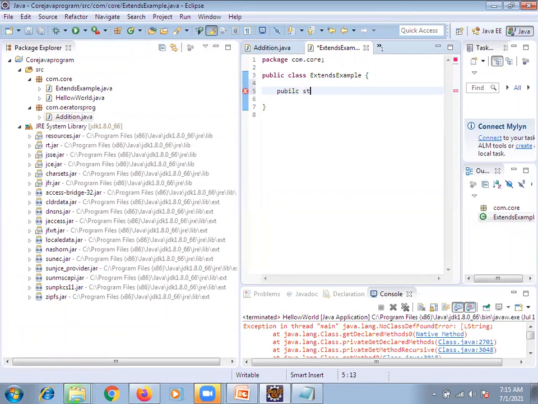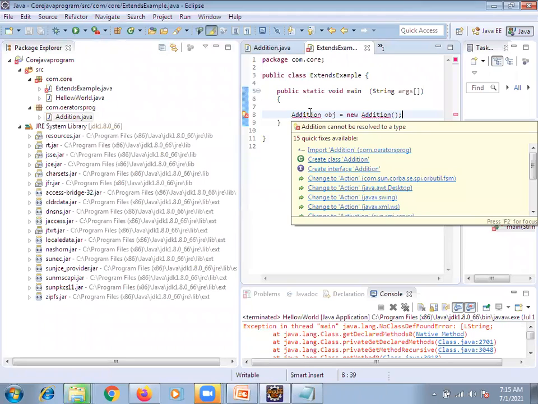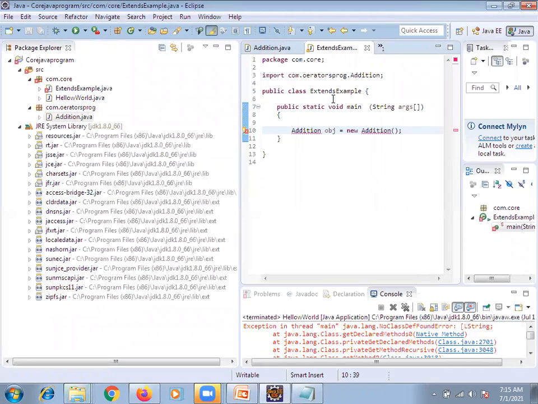public static. obj equal to new addition. Now clear, right? Now you need to import this class because it is in another package.